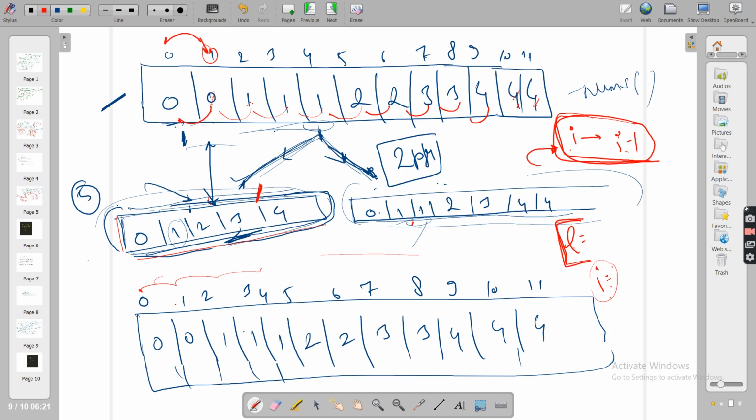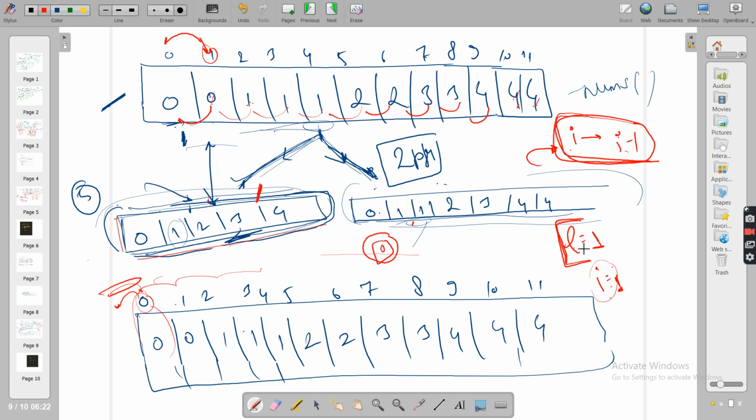And see guys, as I said, I and I minus 1, if you see the 0 with its previous, there is no previous. So you consider this is already unique. Till now the 0th element is already unique. So for that purpose L will start from 1, I will also start from 1. Why? Because at index 0, if there is only one element, it is unique in itself.